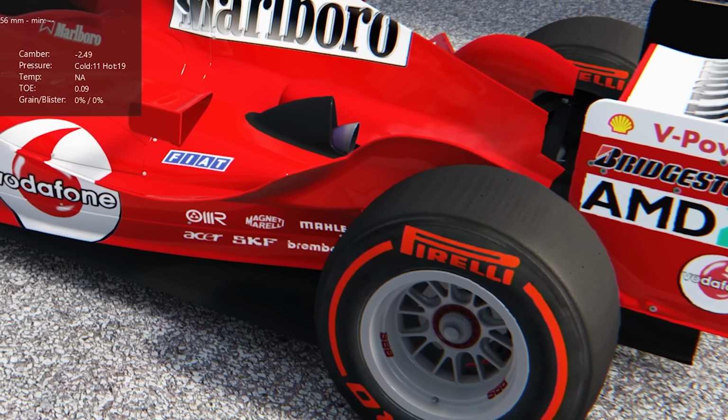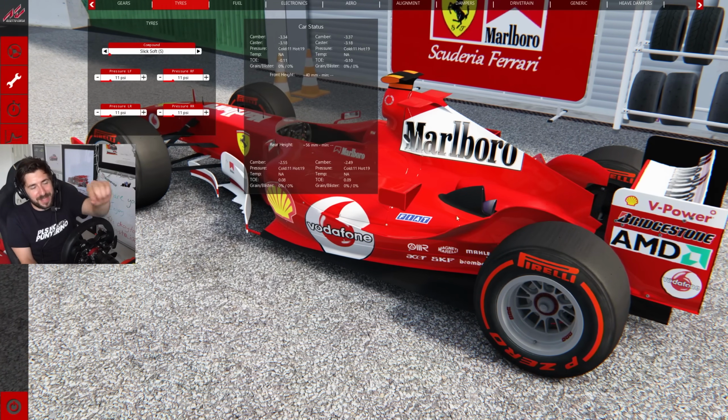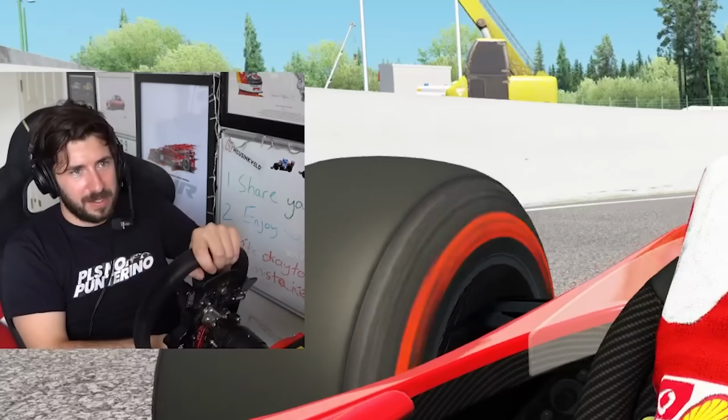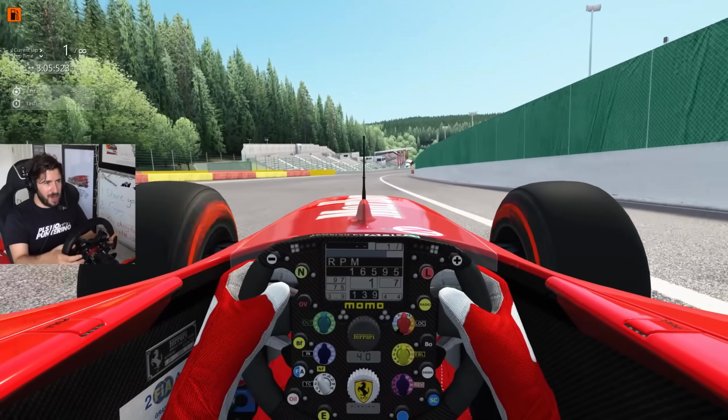Oh, it just looks right. The soft tyres as well. When you go from medium to soft, you've got the red, and it almost matches the red of the Ferrari. Oh, yeah. A lot of time for that. All right, the pit lane, pointing down the hill, and then just...